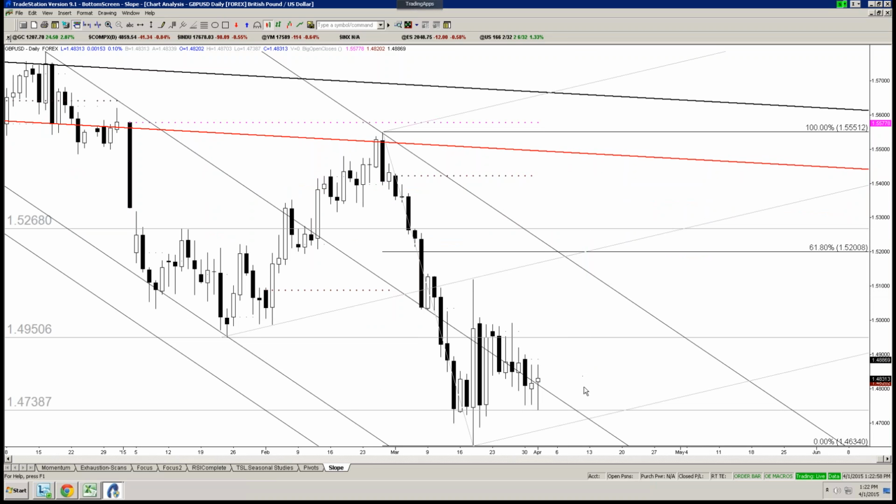At this point, we're looking at risk of not even 100 points here, but we'd probably be looking to get long around 48.25 or so, more or less where we are. But we want to see the market act a certain way. Stop, would probably try to get a little tighter than 47.30, but we'll see.